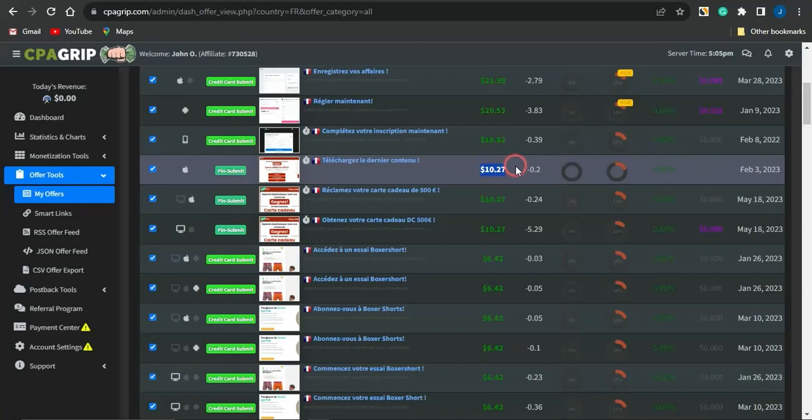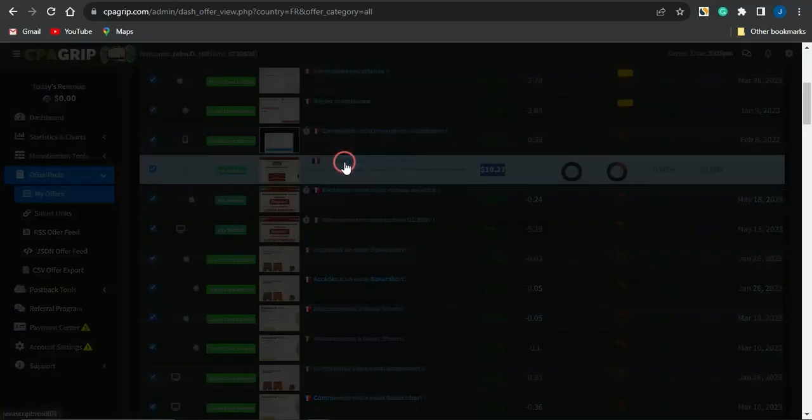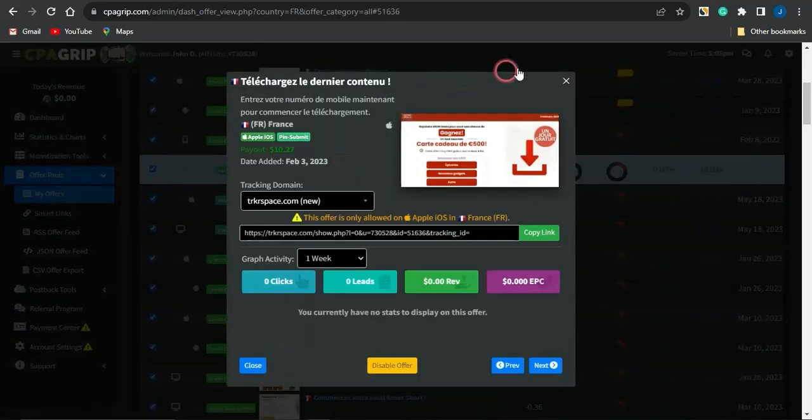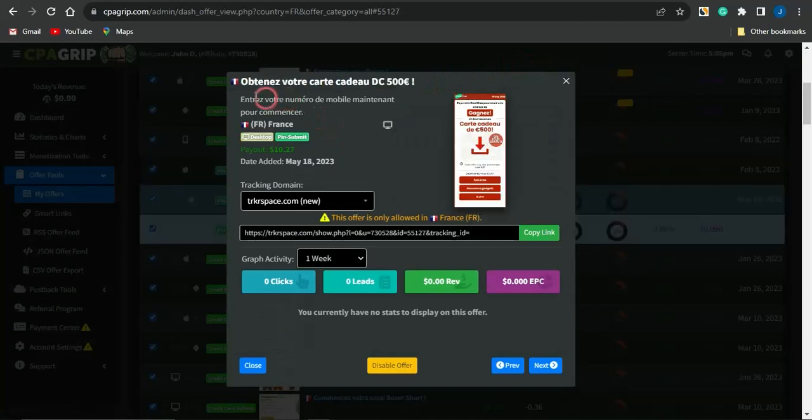And you can see right here, you do get paid $10 for just one click or just one submission right now. So if I click on this offer, "more," you'll be able to see more details about this offer. Because I don't speak French, I don't understand this offer, so I'm just going to highlight this text, copy it,